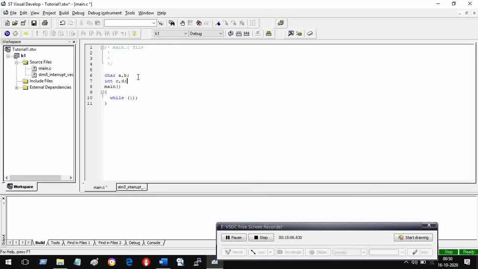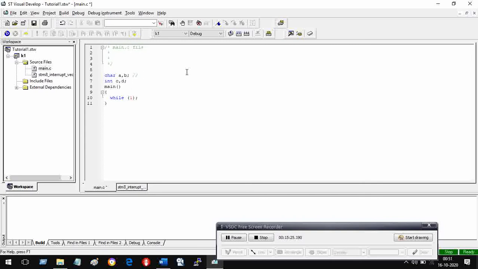So the size of this, if I do this, it would mean that whatever comes from here to the end of the same line will not be treated as a part of the program. It is called a comment.